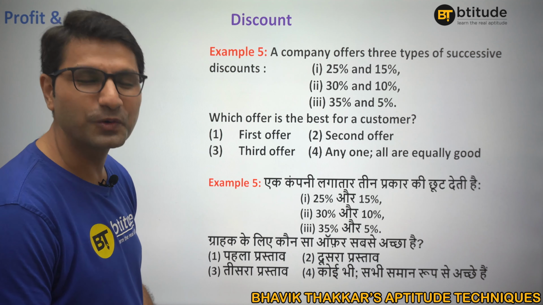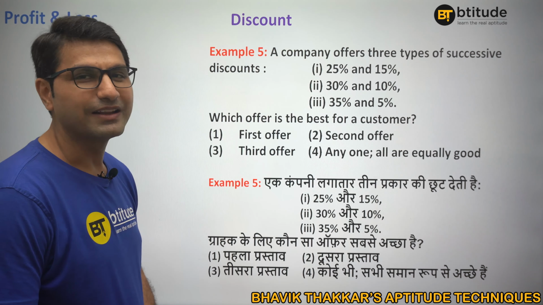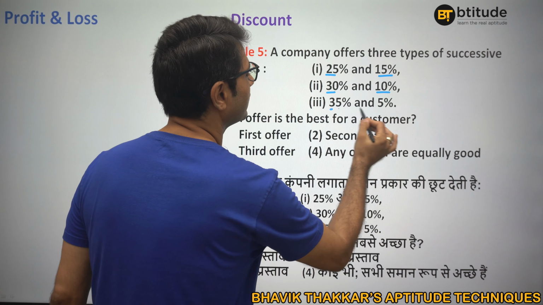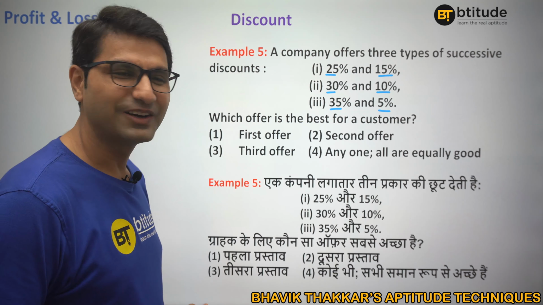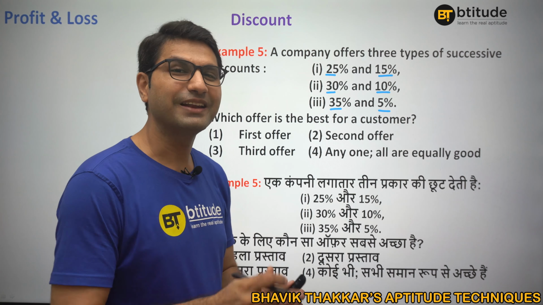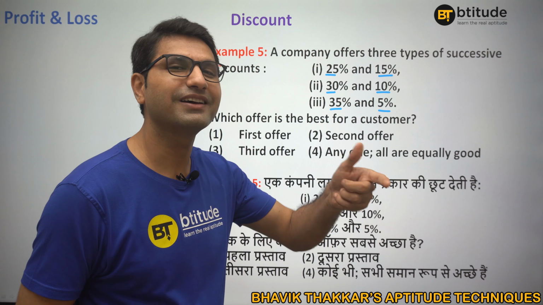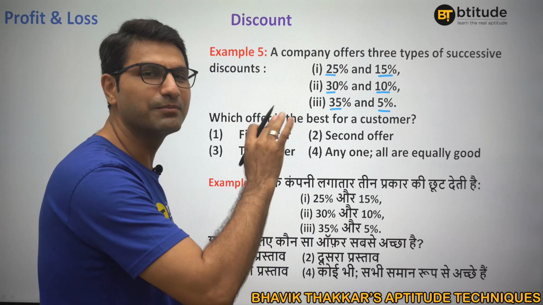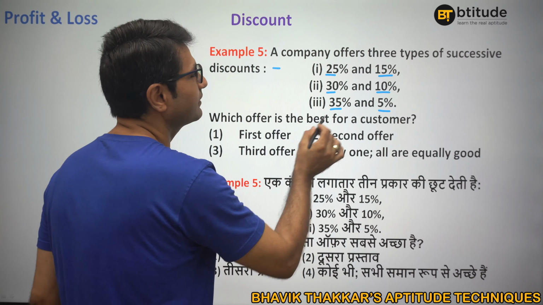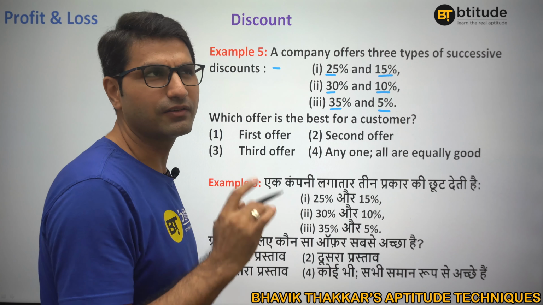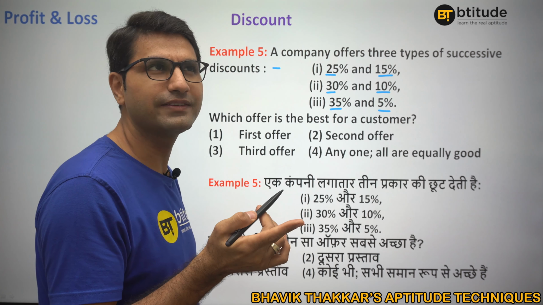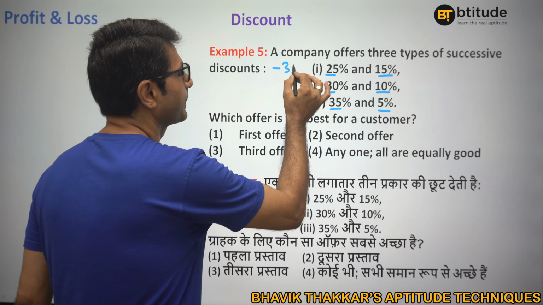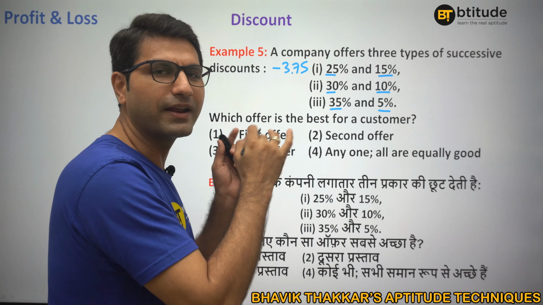Again, you can pause the video and try to do it on your own. Now, if you understand here, everywhere it is 40, right? Total is always 40. But because they are successive discounts, the third impact will be there, minus. 25 plus 15 minus, so here it would be minus 15% of 25. 25 into 15 is 375. Divided by 100, 3.75. So here the discount is 40 minus 3.75.